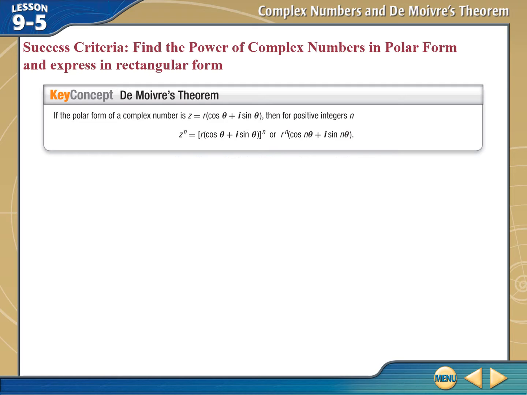And in English, when the English people were explaining this theorem, they pronounce it differently, but it is De Moivre's theorem. Okay, so anyway, according to De Moivre's theorem, if here we have to find the power of the